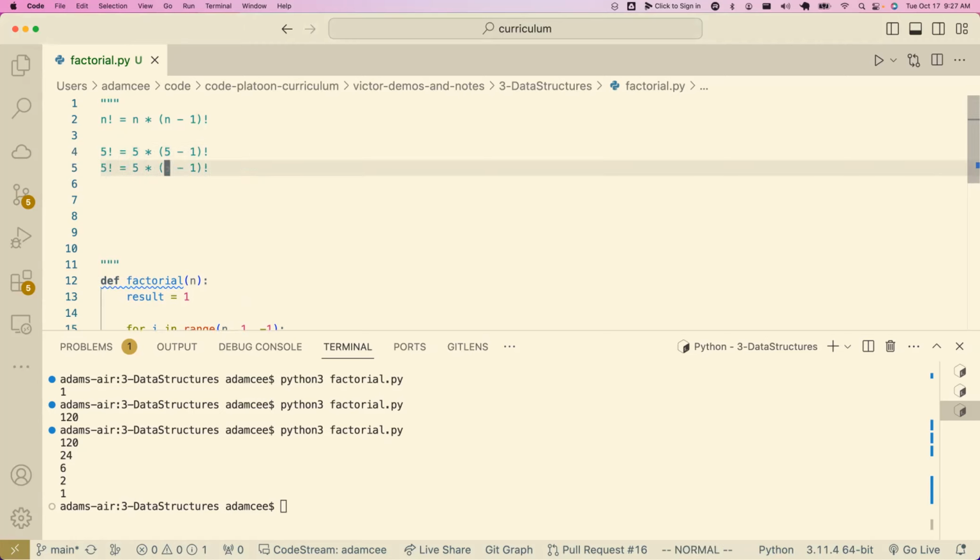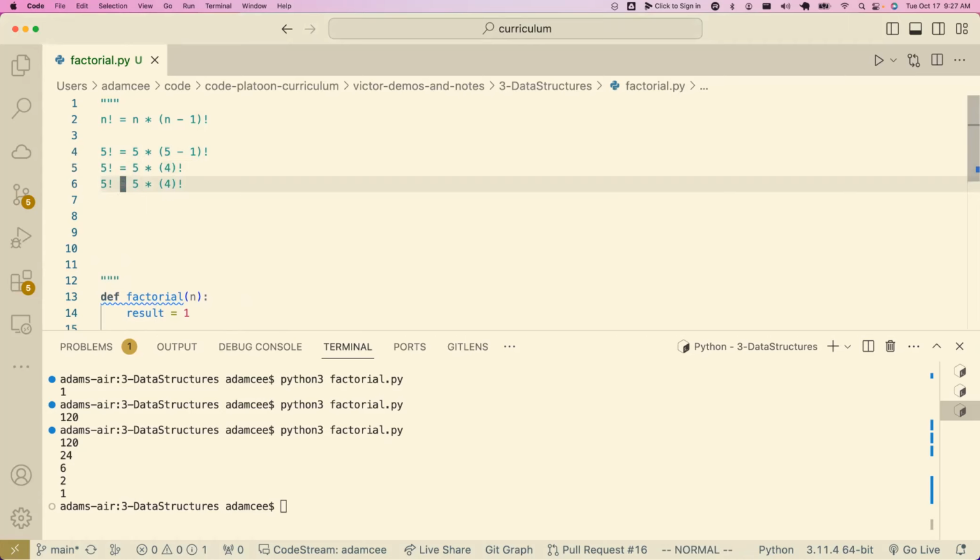That becomes 5 times 4 factorial, right? And what does that become? Well, a factorial is itself times itself minus 1 factorial. So 4 times 4 minus 1 factorial,